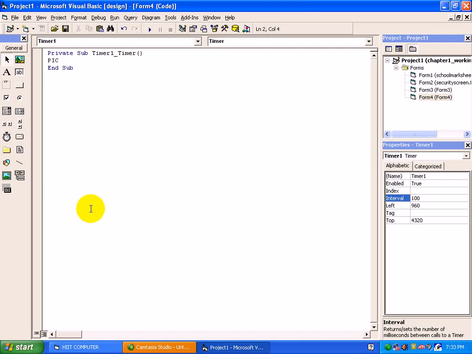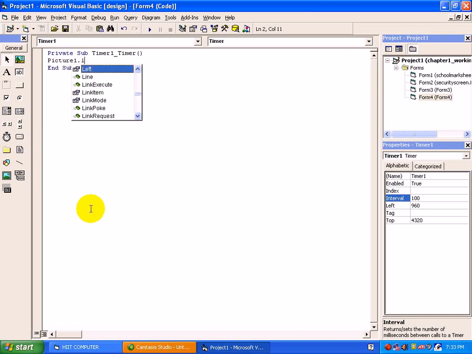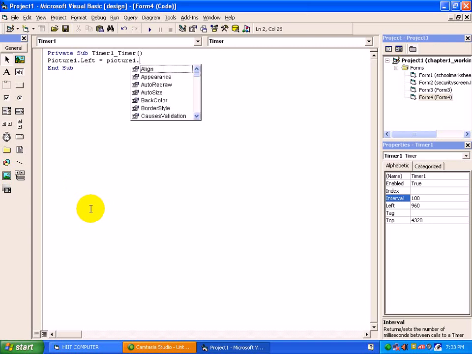By default the name of that picture box control is picture1. With the help of the left property, we can move that: picture1.left plus 100. See here, we have written picture1.left equals picture1.left plus 100.